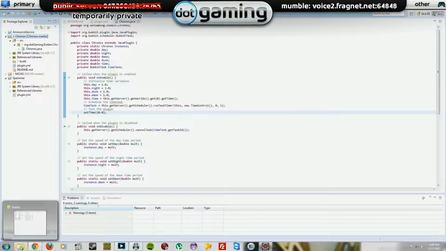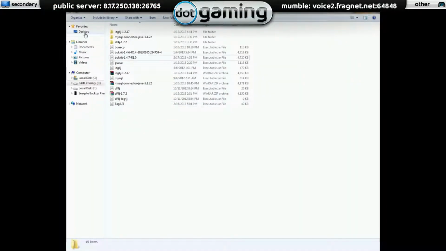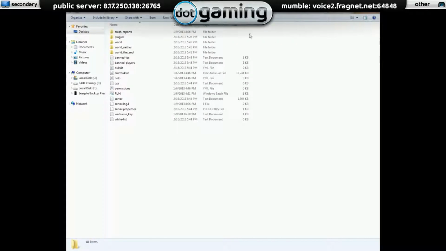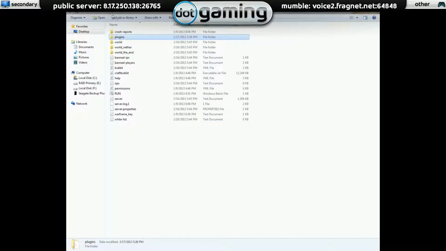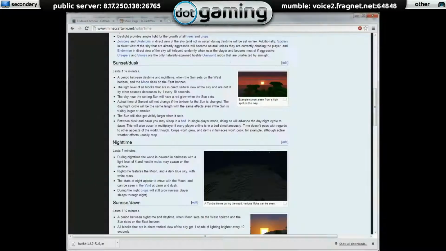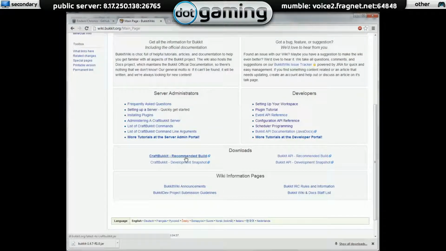So I'm going to quickly pull up a folder, head over to my desktop, test server, and let me get rid of these for the moment. Alright, so now all that's running is our Chronos API. And actually, now that I think about it, I do believe this version of Bukkit is 1.4.6. So let us quickly grab 1.4.7